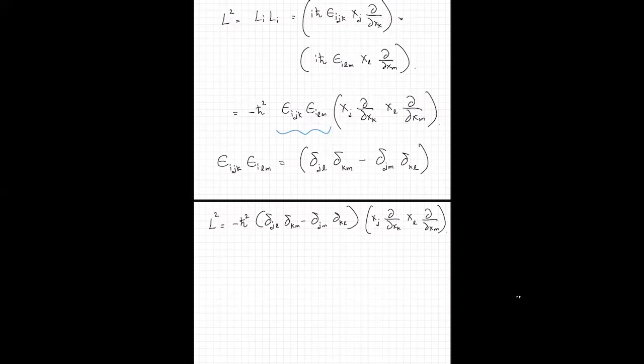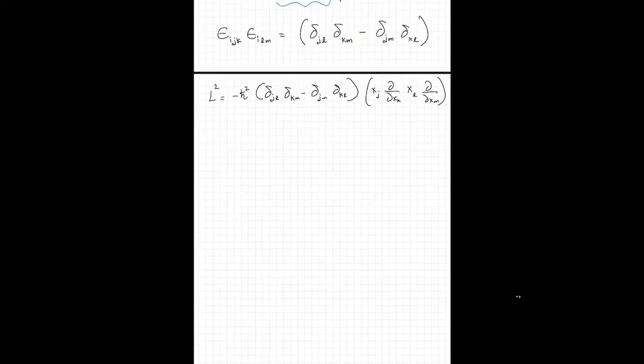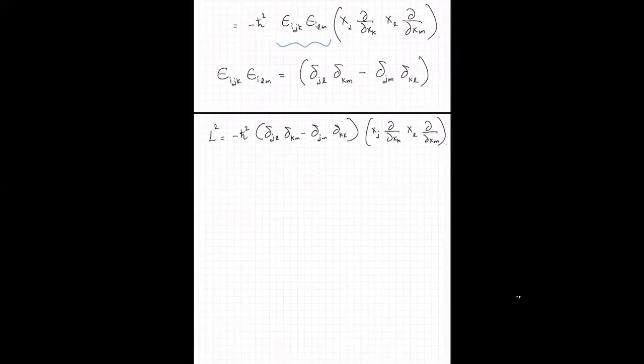Now I'll leave it to you as a homework, and I will actually also upload the proof of this in case you have a difficulty. You can actually show that the sum over J, where this J is assumed to be summed over, this particular combination xj ddxk times xj